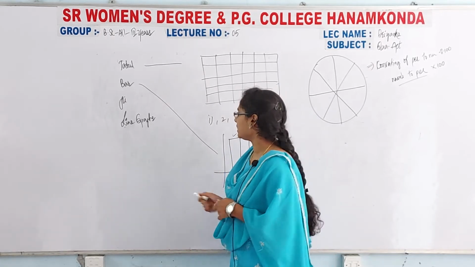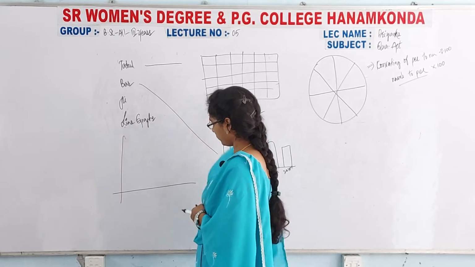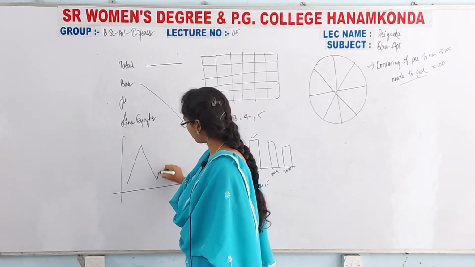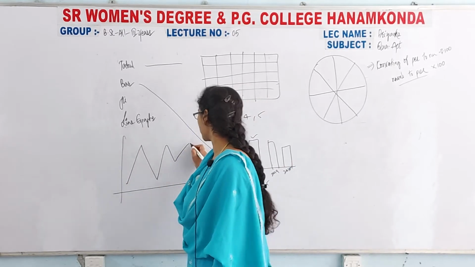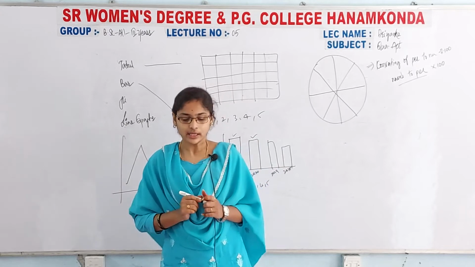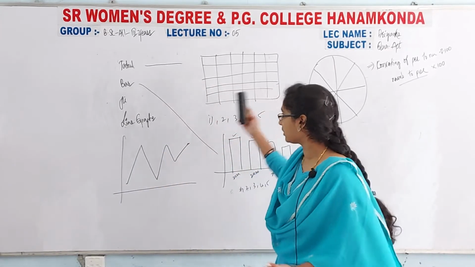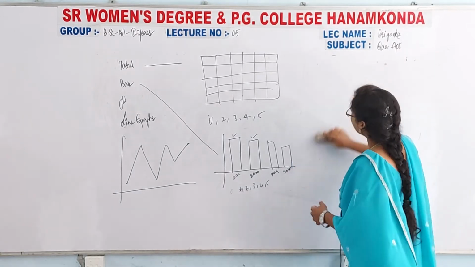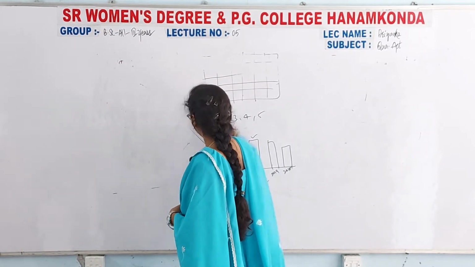The next is line graphs. Line graphs means the point will start here and will end like this. They give the graph like this, and they'll ask the questions from this one, okay. Now here I cannot write the entire question, and of course I cannot write the entire table also, because they give lengthy tables.